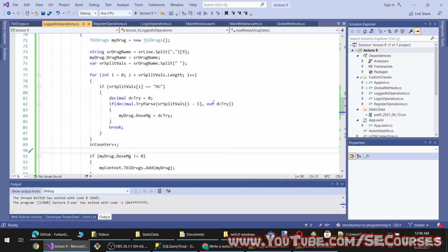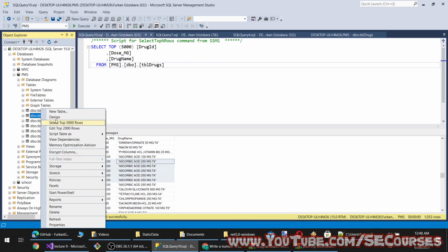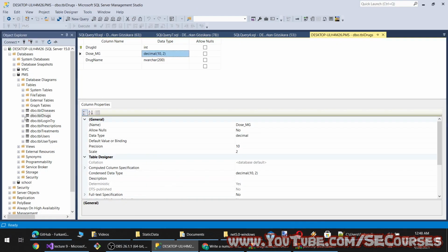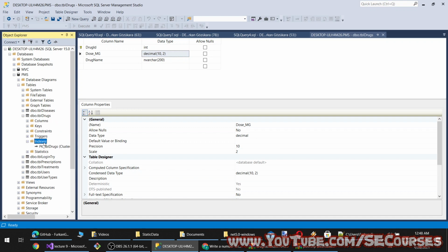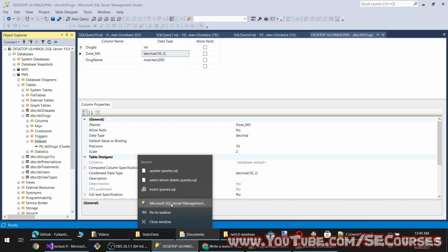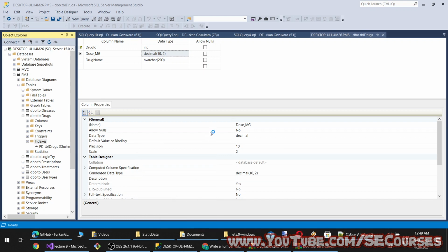So we want to prevent duplicate addition. And to be able to do that, we can add a unique index. Okay, let's open a new instance of SQL Server Management. If you are not able to add a new index, just open a new instance.